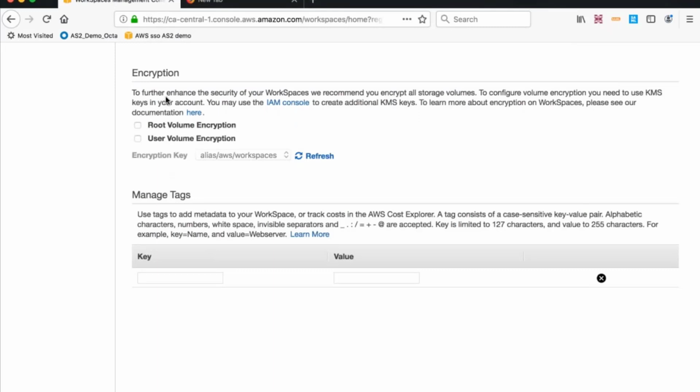Amazon WorkSpaces leverages the AWS KMS service. You can bring your own key, or use one that the service provisions, and you can also determine which volume or both volumes you want to encrypt. I like to highlight for customers that this is one of two options where you have to make a decision at provisioning time. You either have to know that you're going to encrypt or not encrypt, and which volumes,